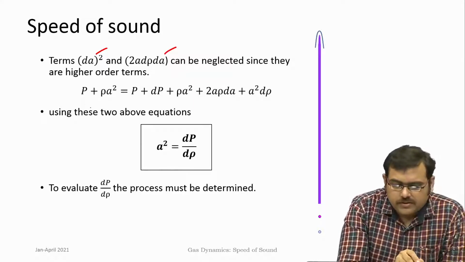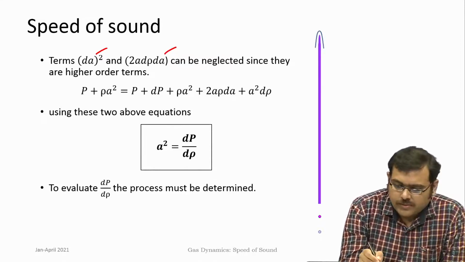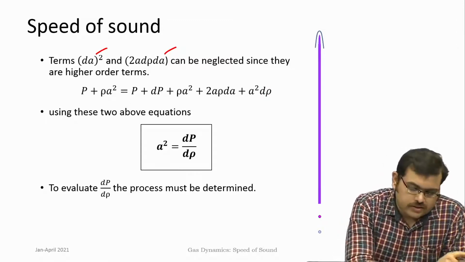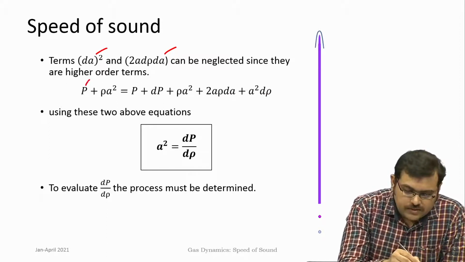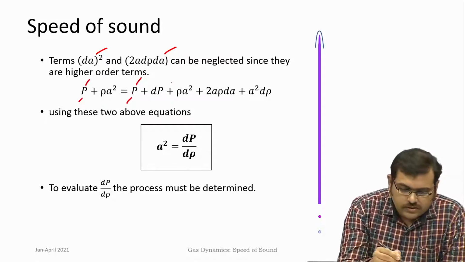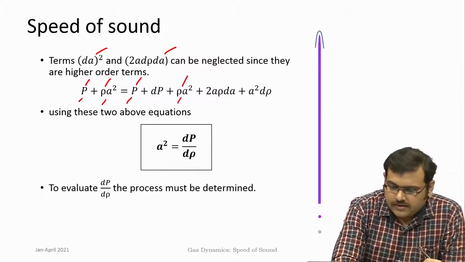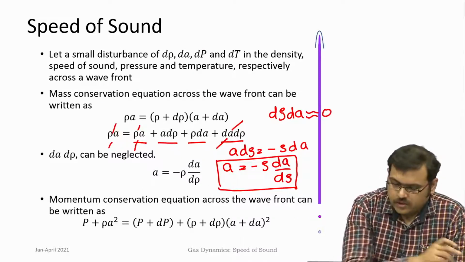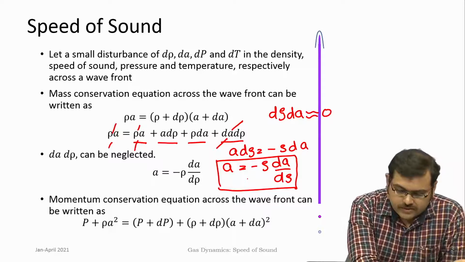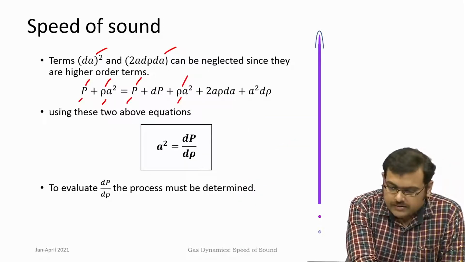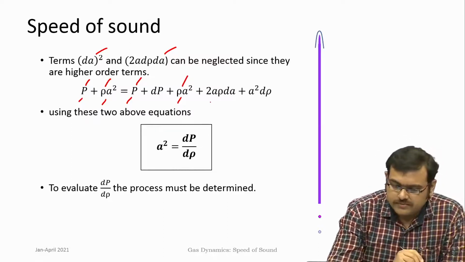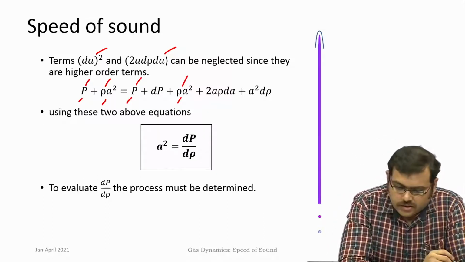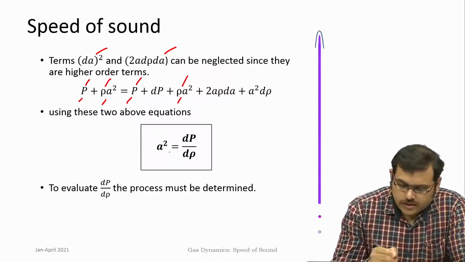So you get p plus rho a square is p plus dp plus rho a square plus 2a rho dA plus a square d rho, and from these terms this gets cancelled, similarly this gets cancelled, and you can use the equation here that a is equal to minus rho dA by d rho, and that can be substituted here, and when you substitute that equation, then you will get a square is equal to dp by